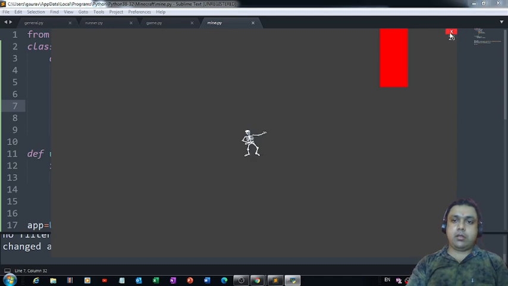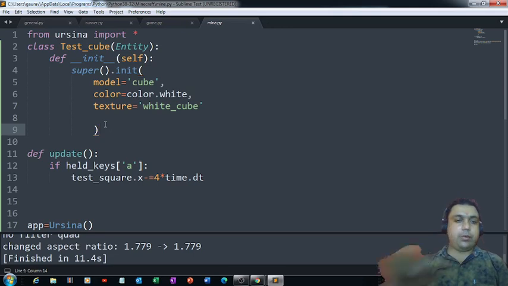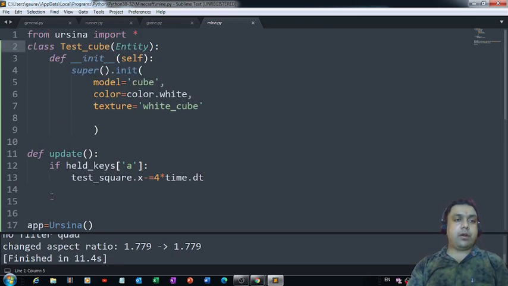Okay, it is giving me this as an output. Why is that cube not visible to us now? That's what I'll have to see here. Texture is white cube, right? And we are not able to see that white cube getting reflected. Now, why we are not able to see that? It's because we haven't passed any variable yet, with the help of which we can call this class, which we